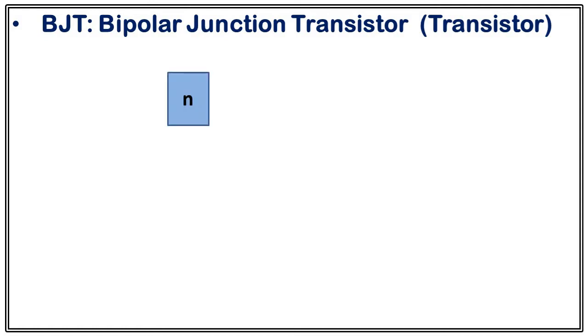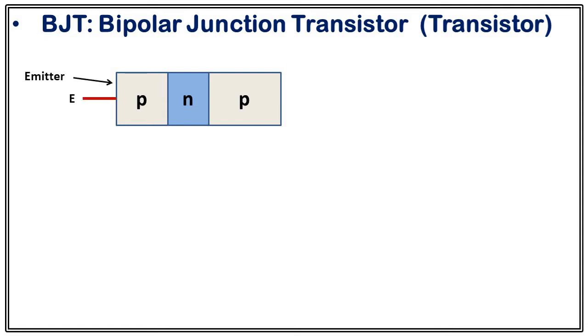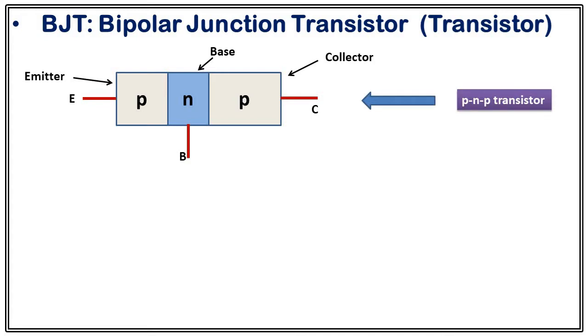Let's suppose we have an N-type semiconductor, and this N-type semiconductor is sandwiched between two P-type semiconductors. Then this overall device is called a transistor, in which one side is called emitter denoted by E, another side is called collector denoted by C, and the center one is called base denoted by B. And this overall structure is called PNP transistor. Okay, so how can we form a transistor? If you sandwich an N-type semiconductor layer between two P-type semiconductor layers, then we can form a transistor. Okay, and it will be the other way around as well.